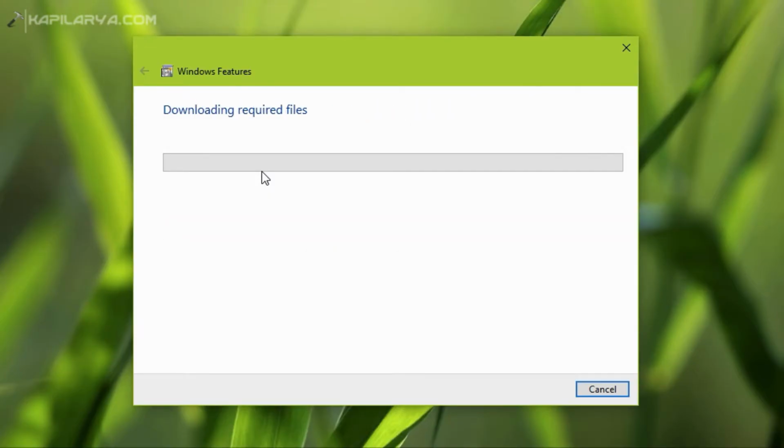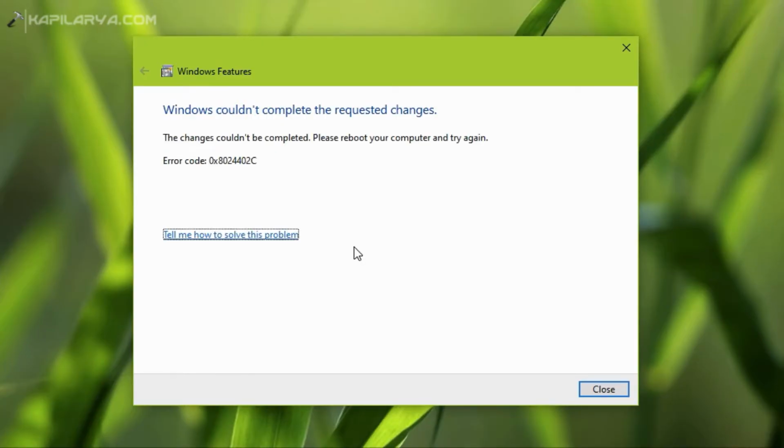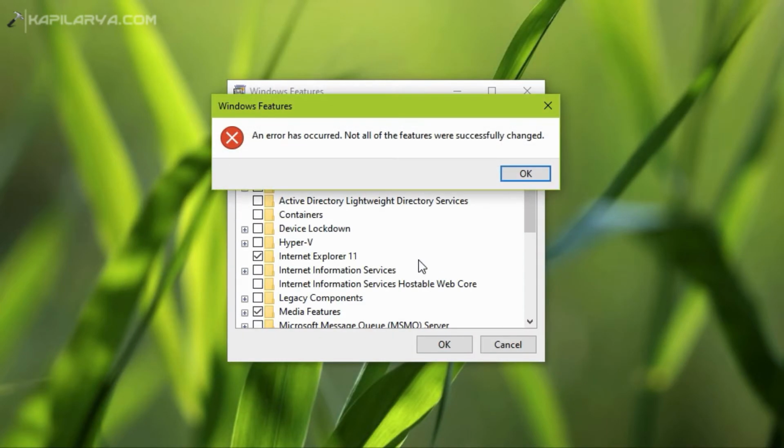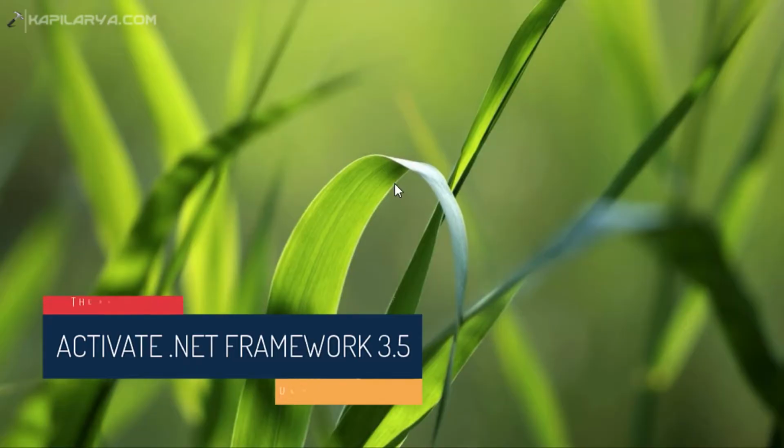However, this works sometimes, and in some cases this does not work. As you can see, in my case, I have received the error Windows could not complete the requested changes, and if I click close, another error comes in which says an error has occurred. Not all of the features were successfully changed, and in this way the .NET feature is not activated.